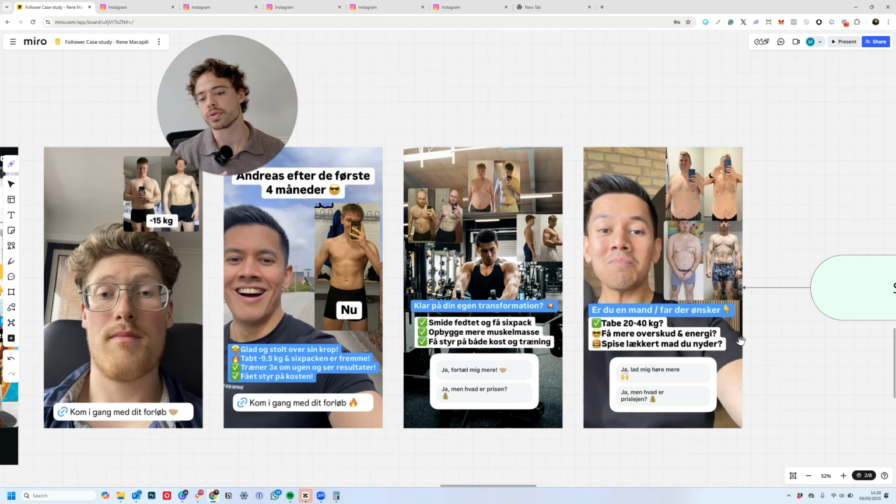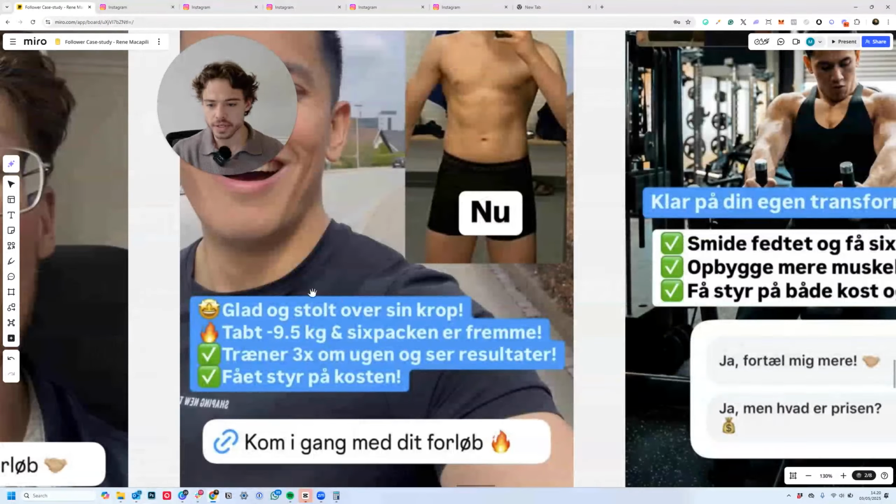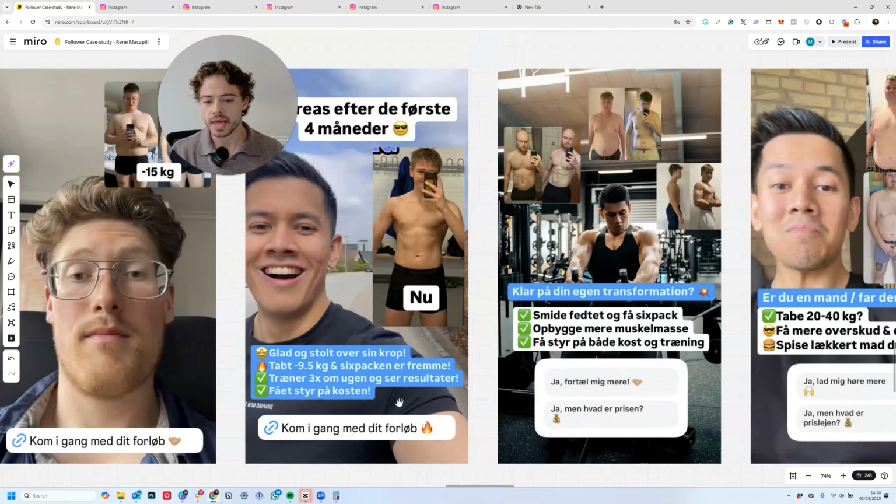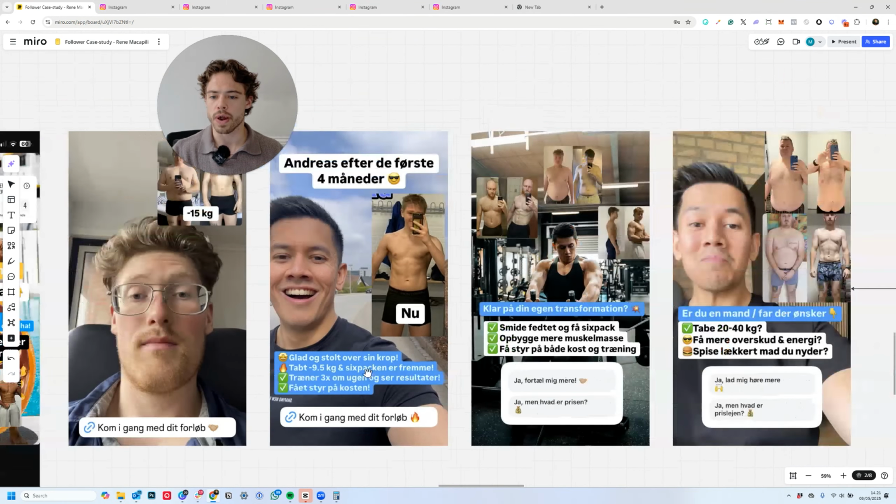You can do a CTA directly to your website, as you can see here. Obviously, some of these things might not make any sense to you if you don't understand Danish, but the point of the concepts of the stories is what's important, right? So for this one, he showcased a client after 4 months, spoke about the situation right now, happy and proud of his own body, lost 9.5 kilos, and the 6-pack is showing, trains 3 times per week, and has control of his nutrition now. And then get going with your own coaching program or get started,